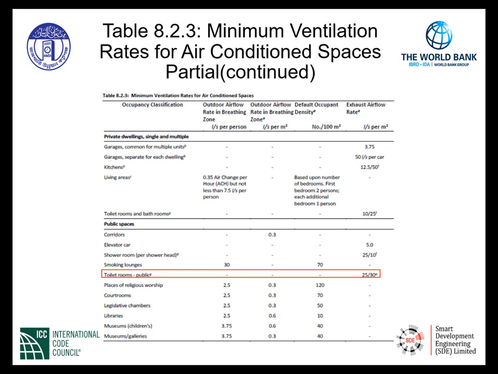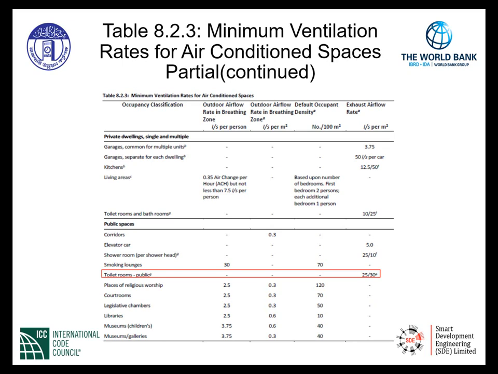When we look a little closer into the public spaces category, for example, toilet rooms, public. After the word public, there is a note G. Note G refers the code user to the notes of the table. There's specific information about recirculation of that air regarding public toilet rooms. So we'll want to go take a look at note G of the table. Further,